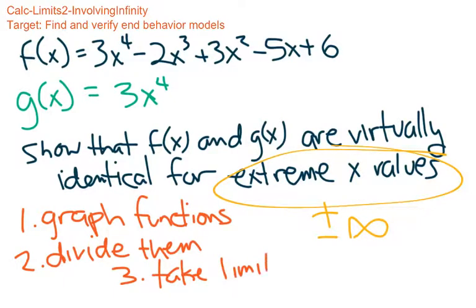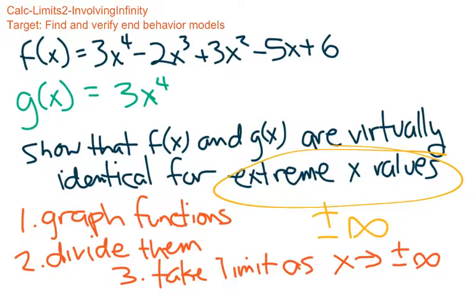as x goes to positive and negative infinity. Really, the main focus is the positive infinity, because when you plug in the negative, it sort of does the same thing. Okay, so what I'm going to do is get the dividing going on with the limit at the same time,